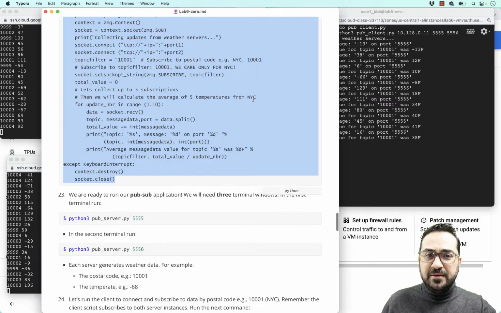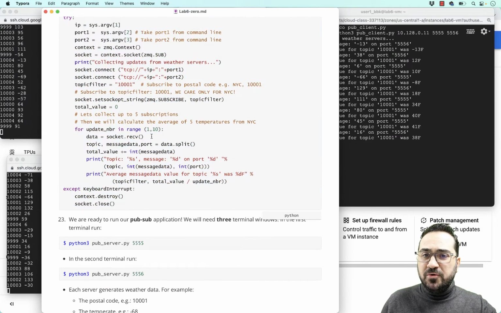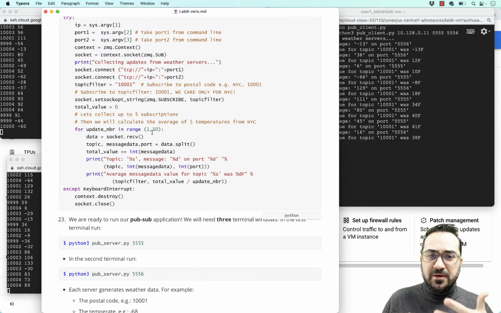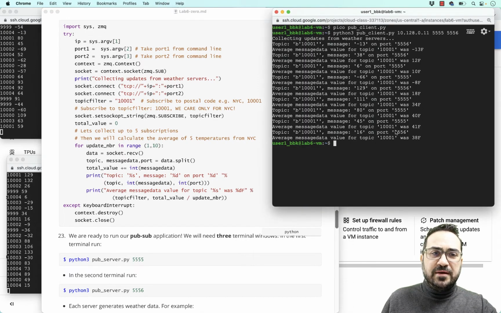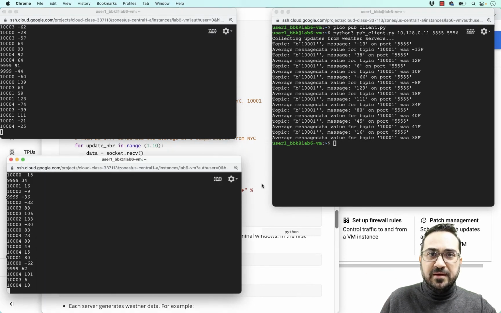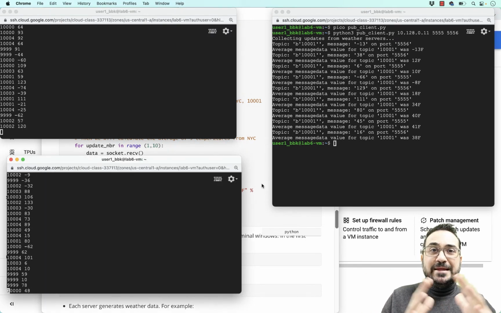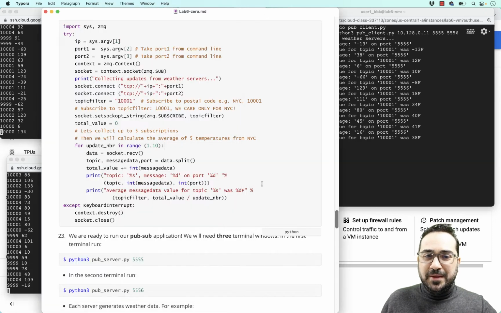As you can see in the script here, I have a small loop for 10 records that I want to extract data, and this will run for 10 records. If you want, you can run this with a while loop, and this will run forever. This means that you will always receive data from your publishers until you finish for some reason.